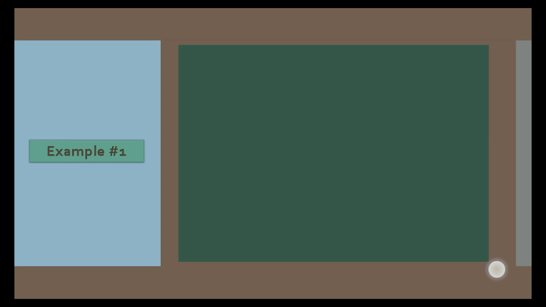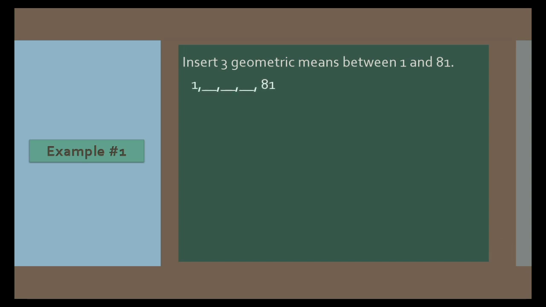So, example number 1. Insert three geometric means between 1 and 81. So, basically, magiging ganito yung itsura niya. Ang ating given ay A1 is 1, A5 is 81, R is missing, and N is 5. Gagamitin natin yung formula to find the ratio na imumultiply natin sa ating first term at sa mga susunod pang terms. Substituting, we have